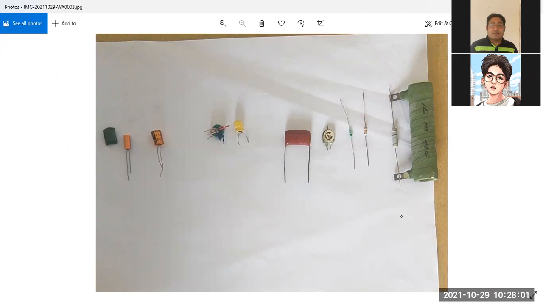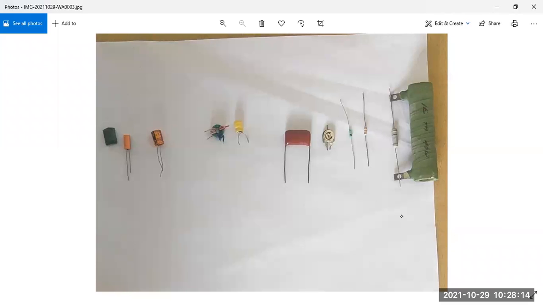Preset means you have to set it beforehand. Say I need 100 ohm, or say I need 90 ohm. So I set it to 90 ohm, and then I solder it into the circuit. This is preset type, but it is actually just like a pot. This is also a resistance, and if you look properly at the specification, the kilo-ohm range is given there.